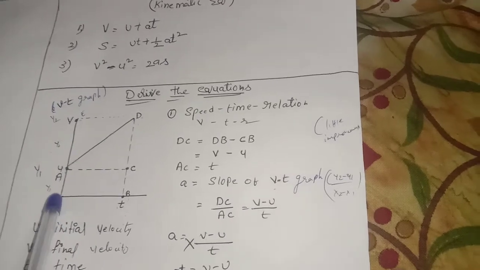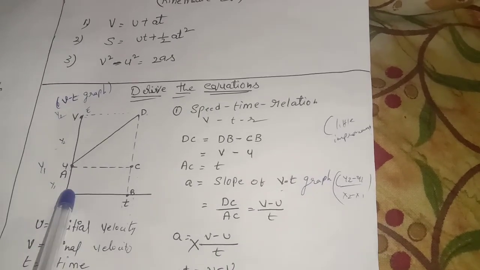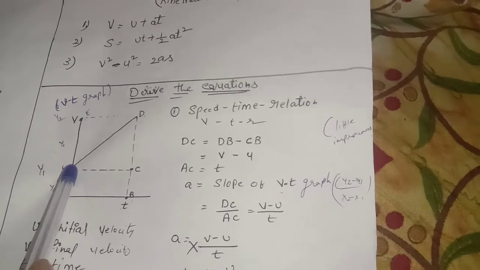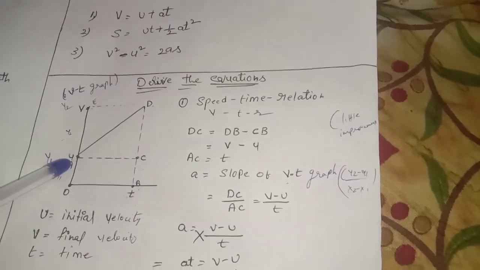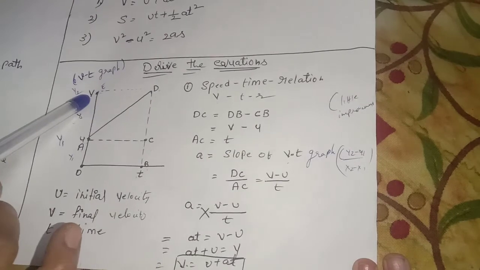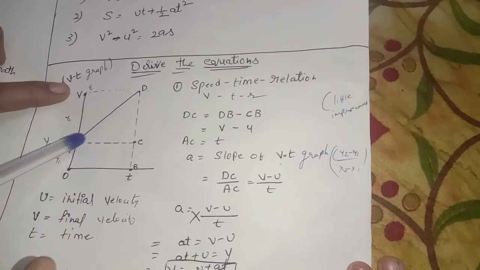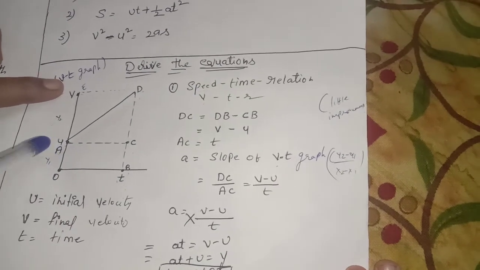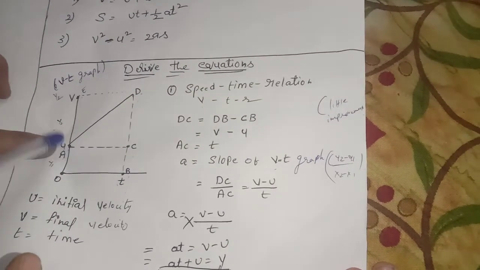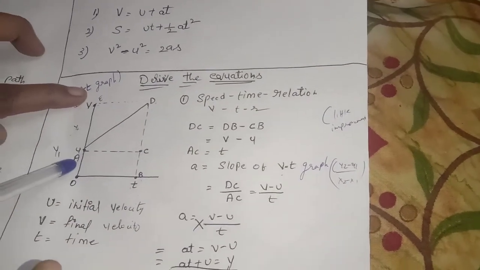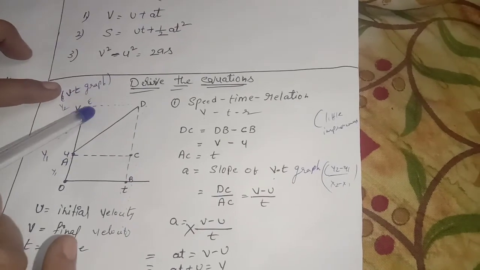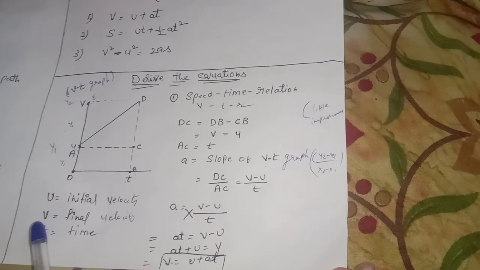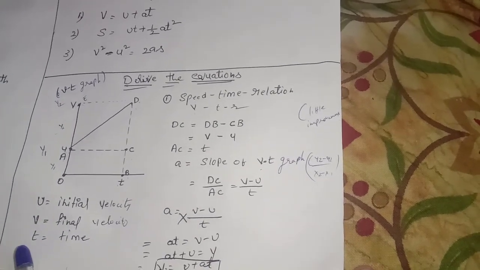So the velocity is not starting at the rest position, but at the U position, and ending at the velocity V position. This is from here to here. It starts at the initial point and ends at the final point V. Initial is U, final is V. We have to know that U is the initial velocity, V is the final velocity, and T is